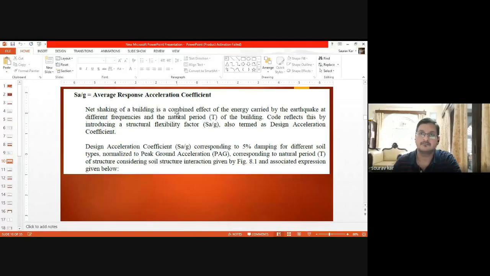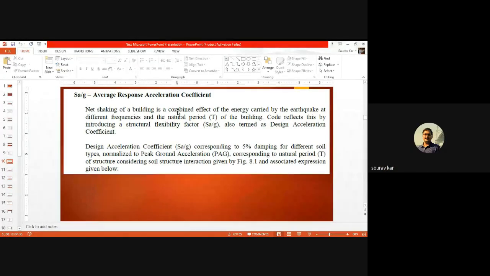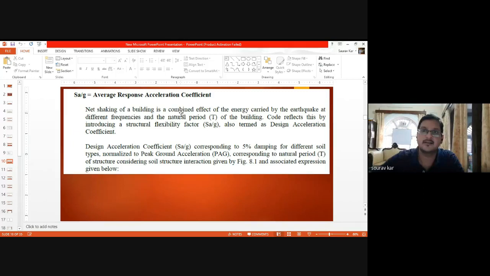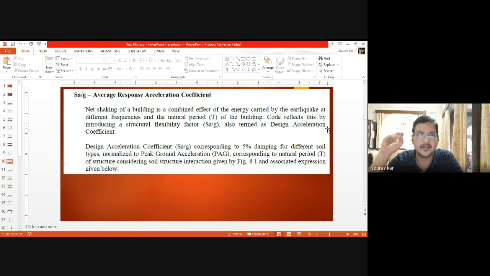Okay. So zone factor Z is done, and importance factor I is over. One thing left, that is Sa by g, the average response acceleration coefficient.